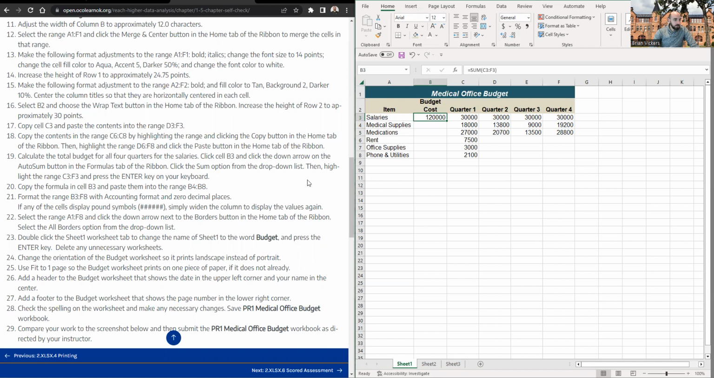Yep, copy the formula in B3 and paste it into B. So same formula, we want it all the way down to B8. Same formula, just copying everything across for us. Format B3 through F8